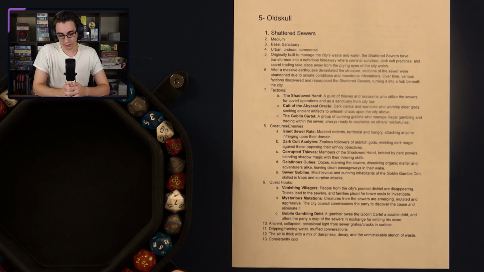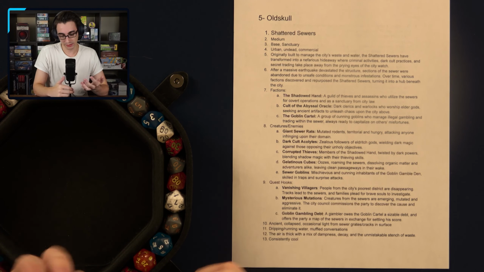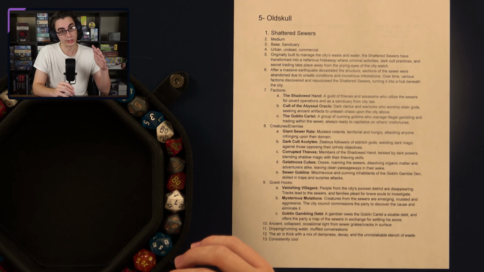The final quest is called Goblin Gambling Debt. A gambler owes the Goblin Cartel a sizable debt and offers the party a map of the sewers in exchange for settling his score. As for some condition and lighting tags, I figure the condition is going to be pretty ancient. It's going to be collapsed because of the earthquake and whatnot. And it's going to be probably pretty dark, except for some occasional light from sewer grates and cracks in